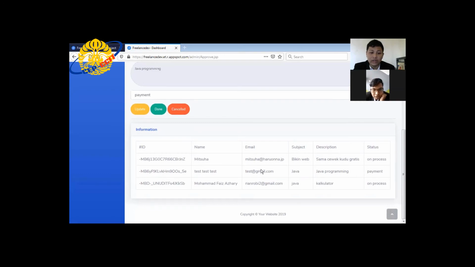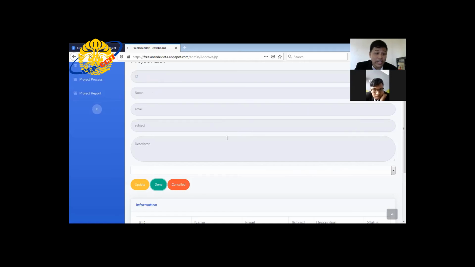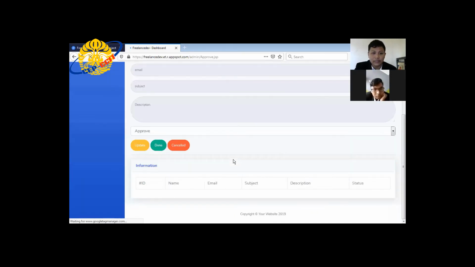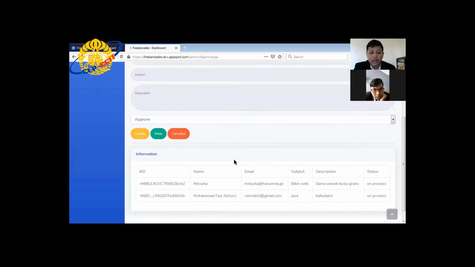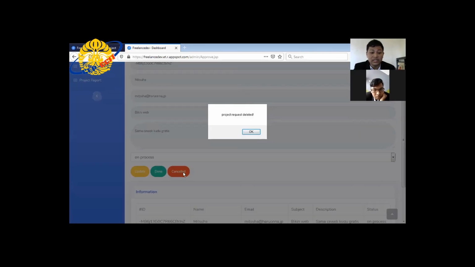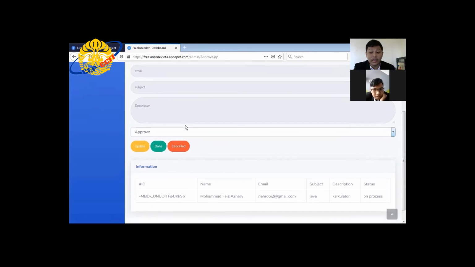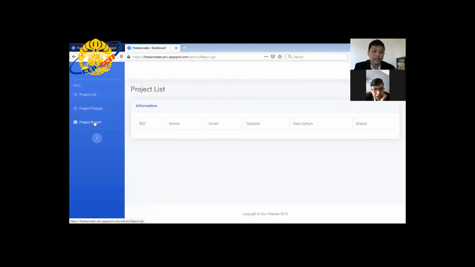If we click done, the project will move to the project report and be deleted from this table. If we click cancel, the project will be canceled and deleted from the database.